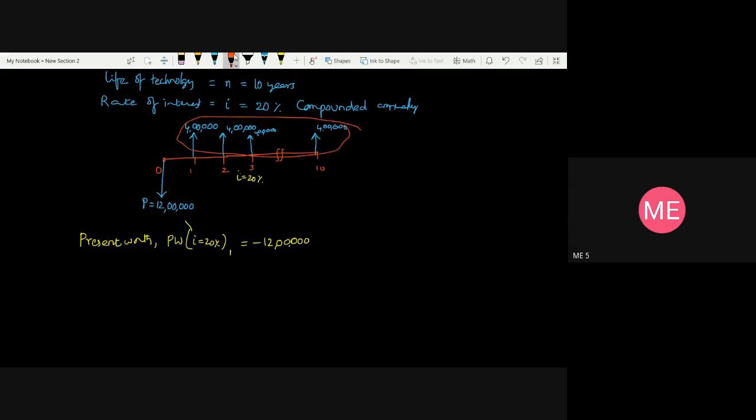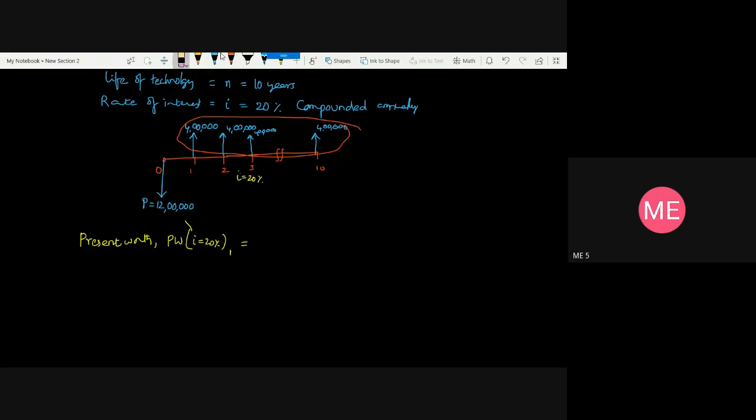So at a time I'll take all into consideration. So I use the interest factor here. All the revenues I'll take as positive, rupees 4 lakhs. I'll use the formula. First I'll write the formula so that it will be easy for you to understand how the formula is written. Then you can go for the substitution, right?